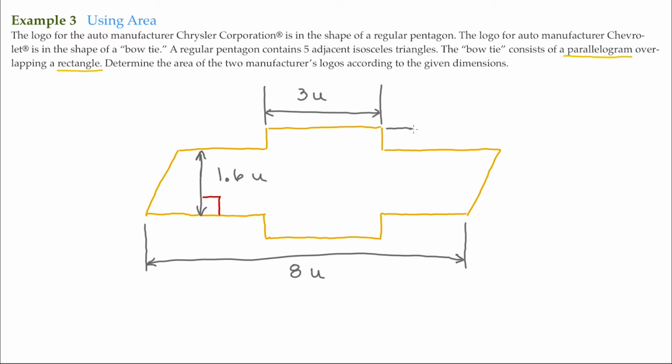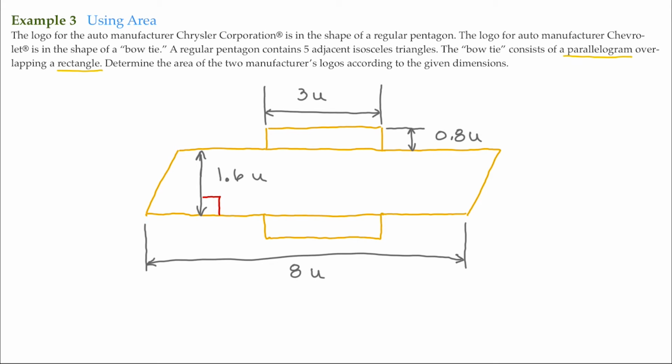And then this measure right here, that's 0.8 units. And keep in mind that there's another one of these right here. So if we go ahead and determine this parallelogram first,